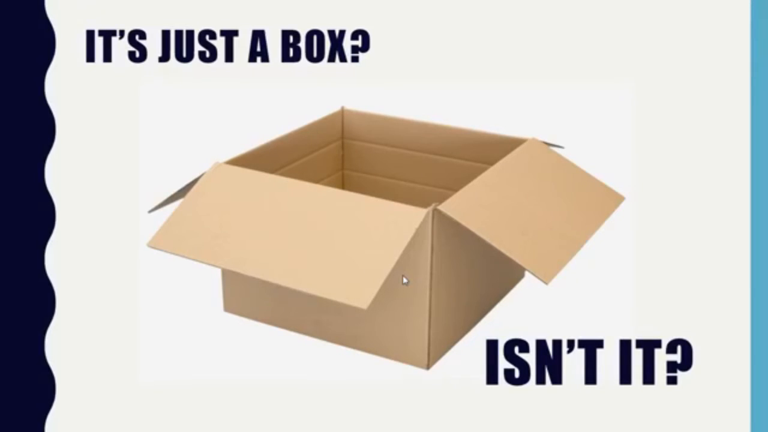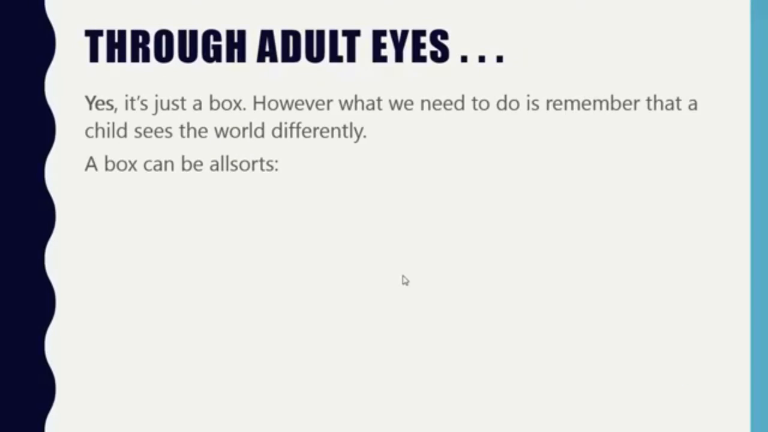We need to step back from being an adult for a moment. We need to step back from being an adult and examine what this is from the point of view of a child. This is what I'm trying to get across: what we're seeing isn't necessarily what a child is seeing. We need to bear that in mind. So yes, through adult eyes, it is just a box. However, what we need to do, as I said, is remember that the child sees the world differently,